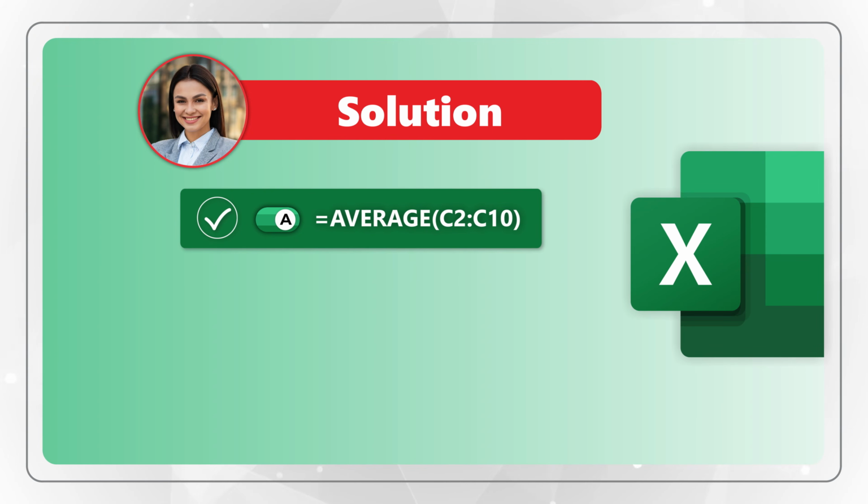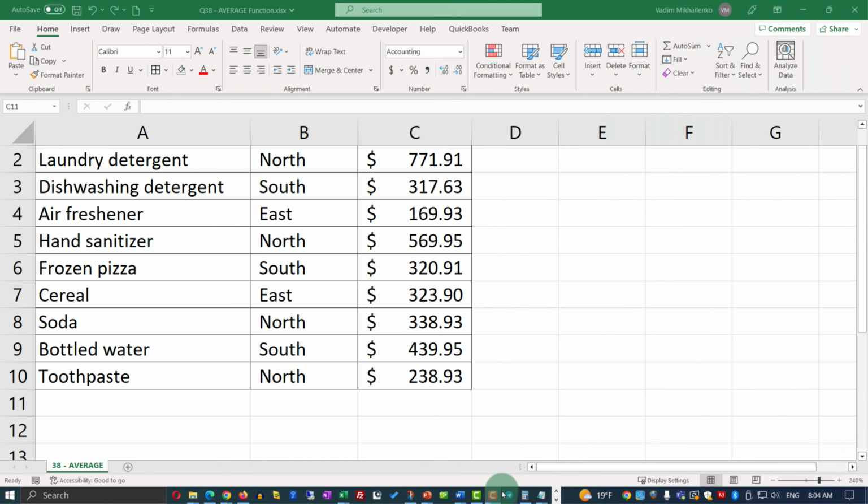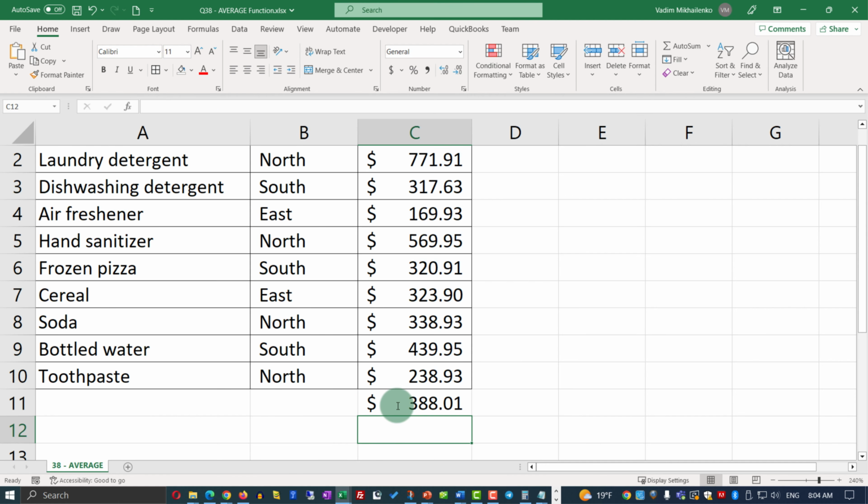What's interesting is that option C, AVERAGEIF with the values C2 through C10 and second parameter greater than 0, calculates the average of all sales that are greater than 0 and gives you the same result. But it's not a recommended option because the end result may not always be the same as the average of all